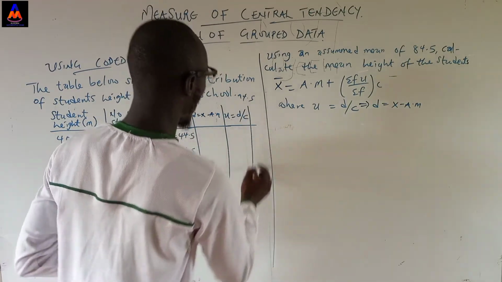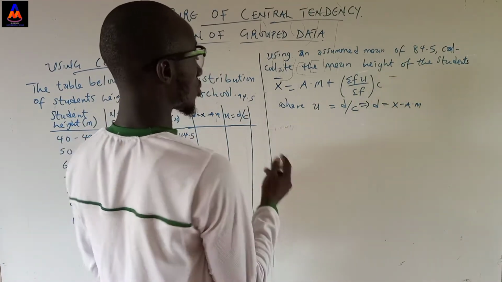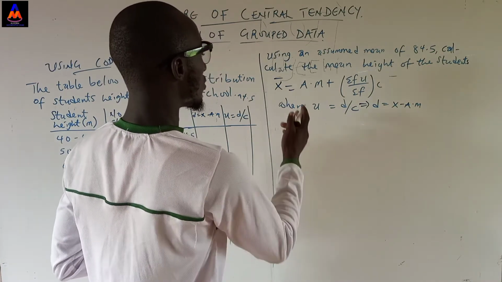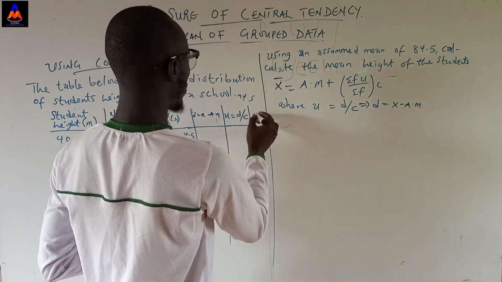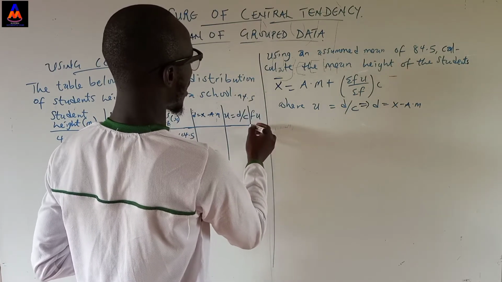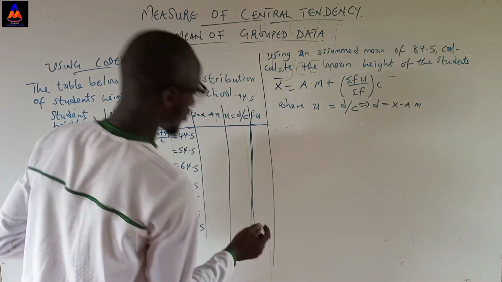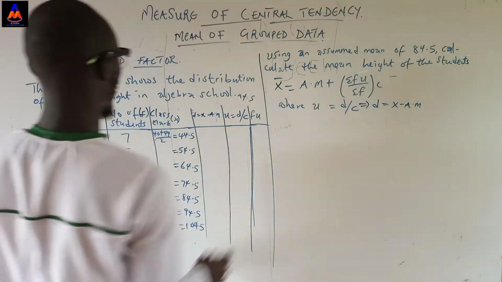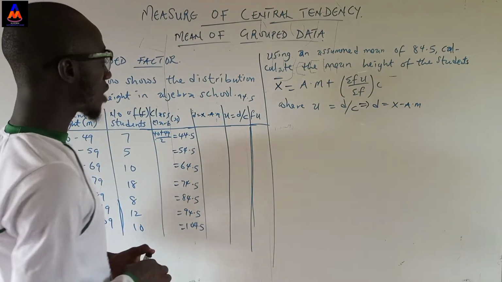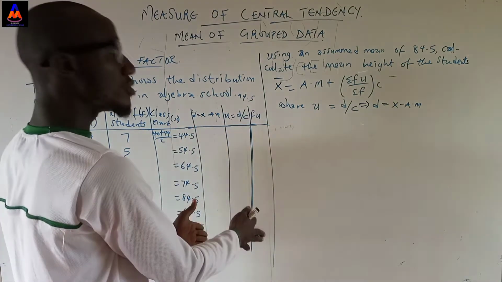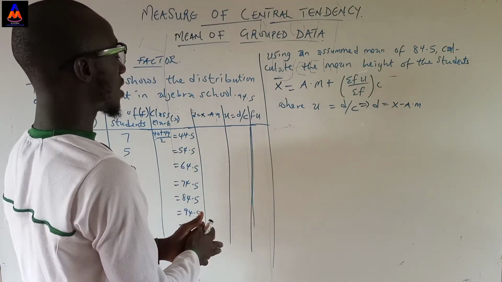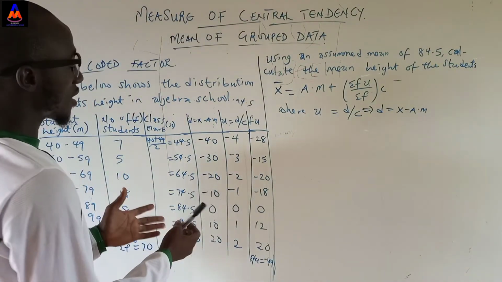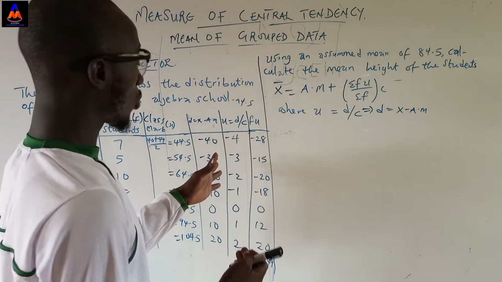Then we are still going to get our FU. I just want to compute, I don't have the table done yet. With our FU, we are done. That is summation FU over summation F, and that's what we're going to have here. So what I'm going to do now is compute this set of data and I'll get back to you. We have computed the needed columns here.